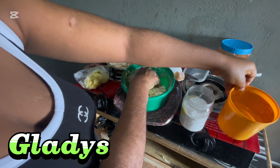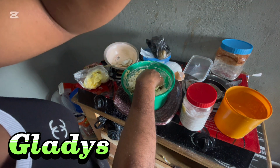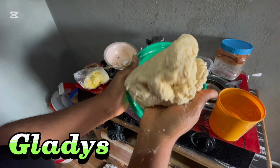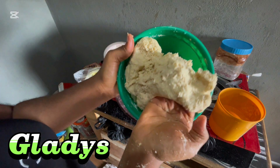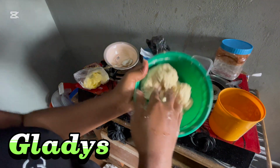So I added a little water because I've added my milk already, though the water in the milk was small because I used powdered milk. So I added my milk and a little bit of water. Then you have to keep on mixing it very well till you get this